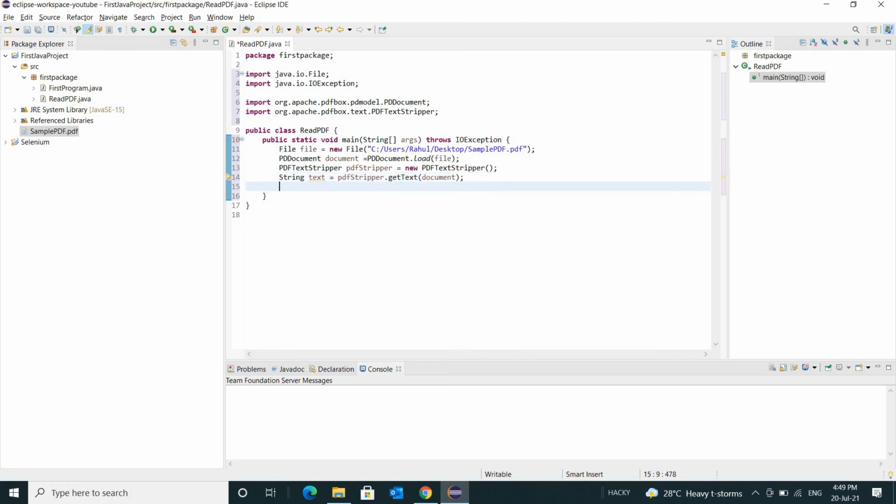If you want to see, let's print this data.